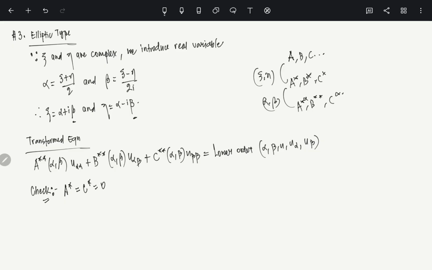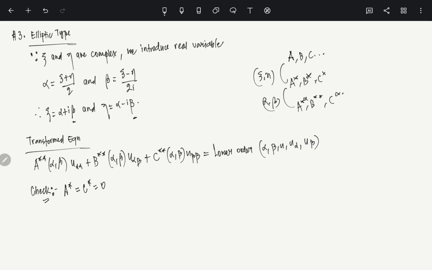It has to be 0, because as long as xi and eta are concerned, even though they are complex, they exactly mimic the hyperbolic part only. Yes, they are complex, of course, but they actually mimic the whole hyperbolic theory. So basically, a star and c star in this case will become 0, and the equation then turns